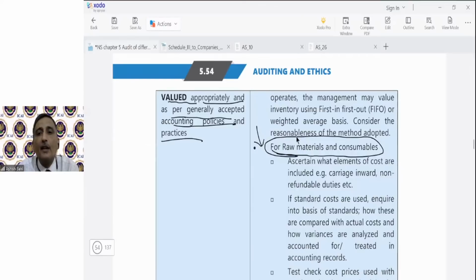So it also includes freight cost, or carriage inward, or any sort of duties which are